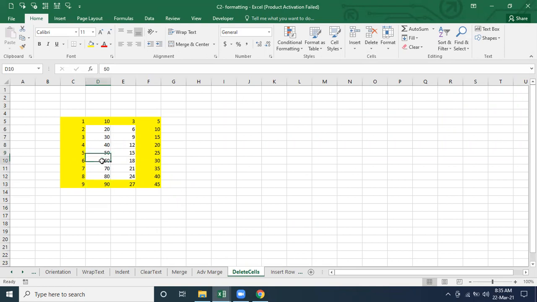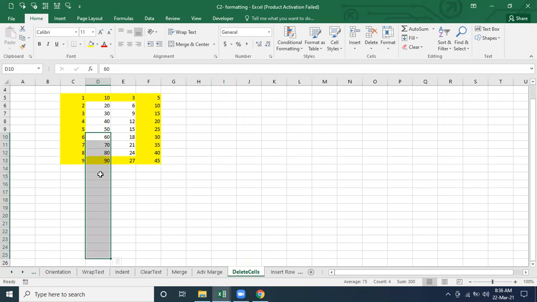Whatever record was there in the bottom is going to shift up, because this cell is going to be deleted permanently. So all these records are going to shift up.